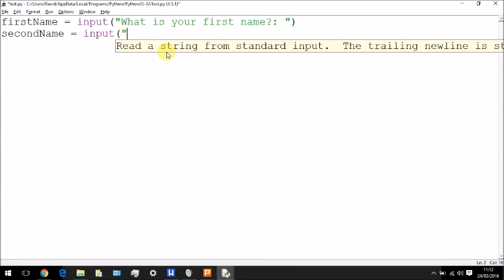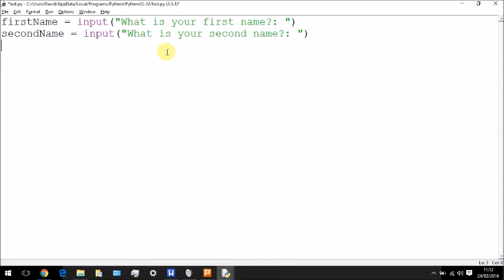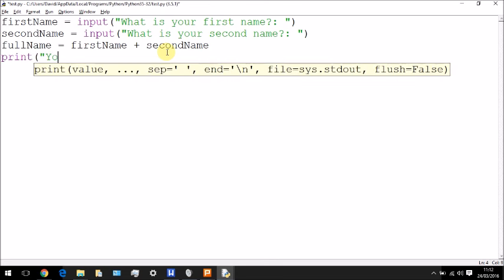What is your second name? And then we could say full name equals first name plus second name, and then print your first name is first name